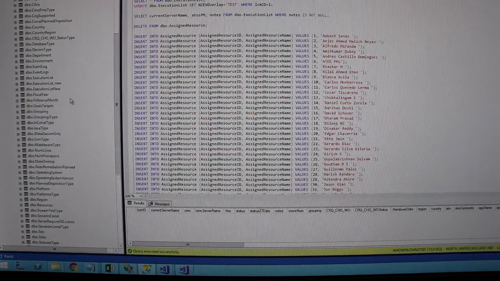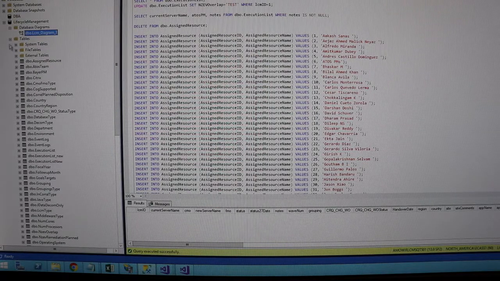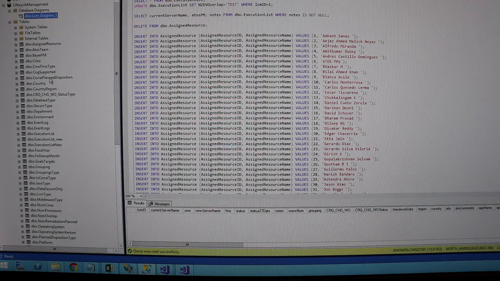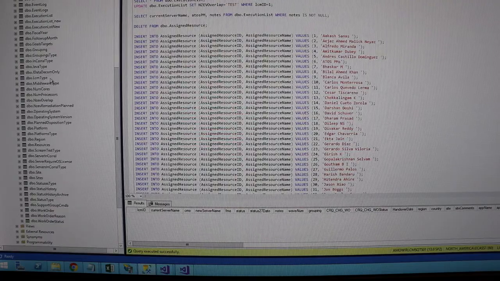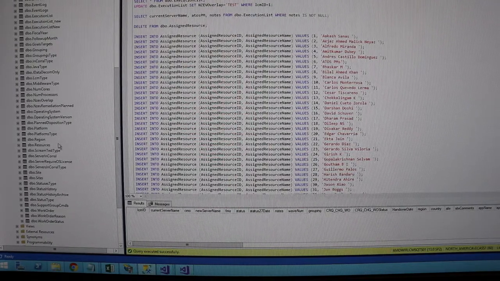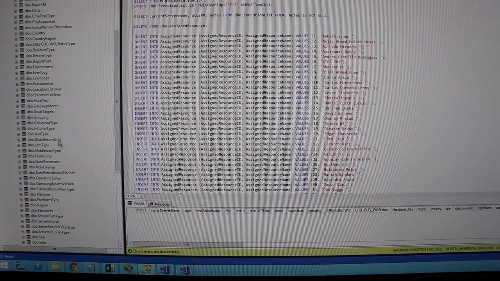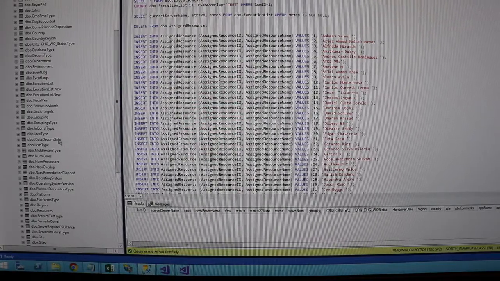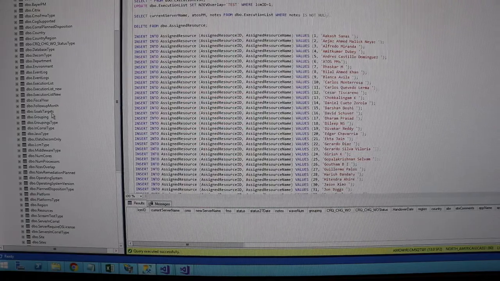So what you're seeing here is our database that I built. All these tables to the left are all of our tables, and this is a relational database. So there are a lot of foreign keys going on, which is really good because I built this in,